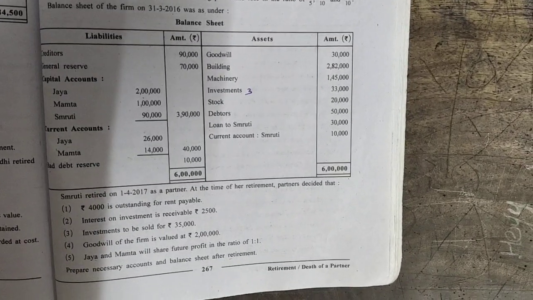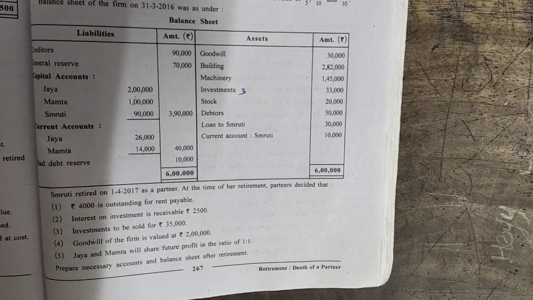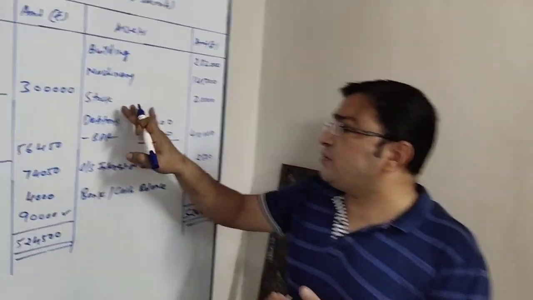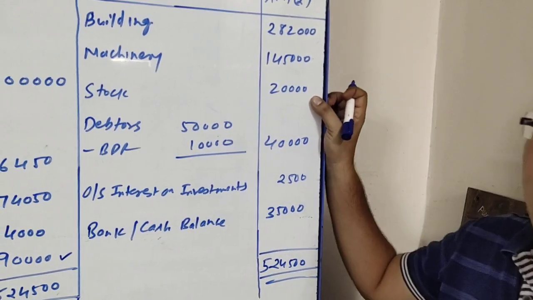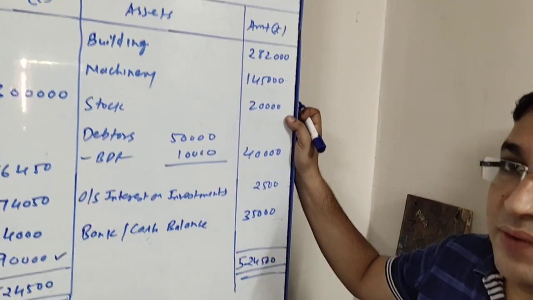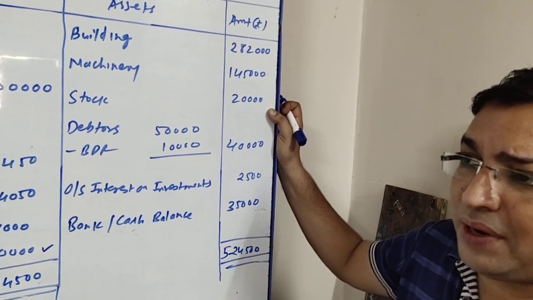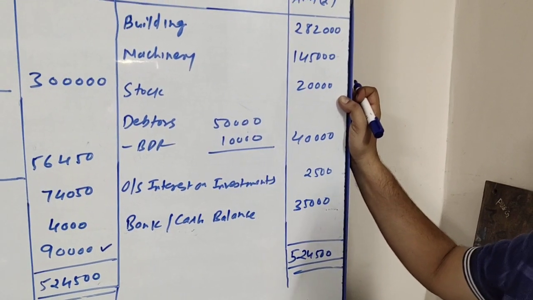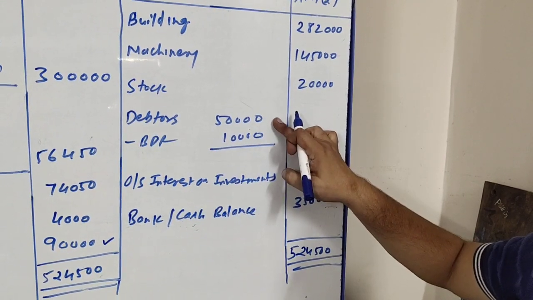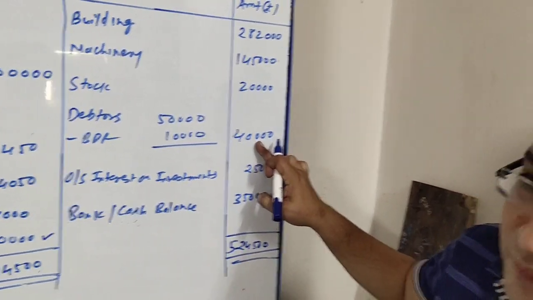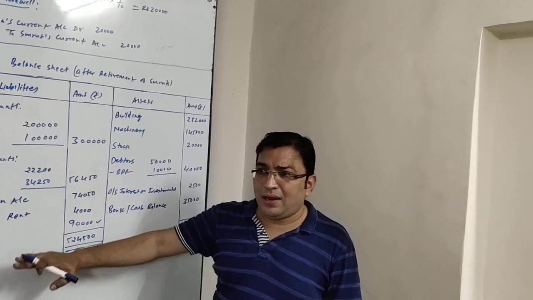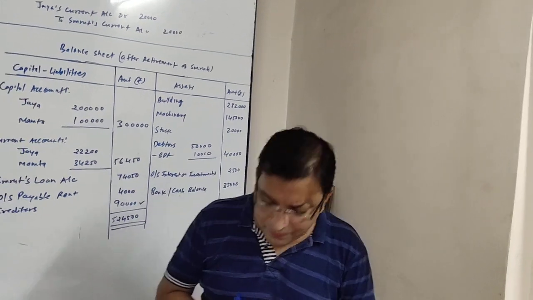Next item given to us is stock rupees 20,000 and debtors rupees 50,000. So friends, for stock there is no adjustment. We will directly record it on the asset side of the balance sheet. So stock 20,000. Okay, and next item was debtors rupees 50,000. While discussing the liability side, we got one item BDR that we have not recorded anywhere. So here we will be deducting it from the amount of debtors. So debtors given to us 50,000 and BDR minus 10,000, outer column 40,000. If you want to write 50,000 directly in the outer column, this BDR you will write at the liability side of the balance sheet. Okay, next item.